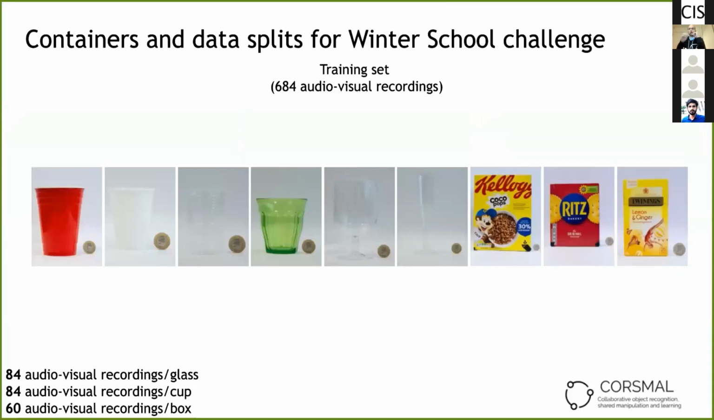So now here are the containers that are provided with the dataset, and especially for the winter school, we are focusing on the training set. We have 9 types of containers. As you can see here, we have the cups, the glasses, the drinking glasses, and the food boxes. In total, there are 684 audiovisual recordings, and this is the only data that will be used during the